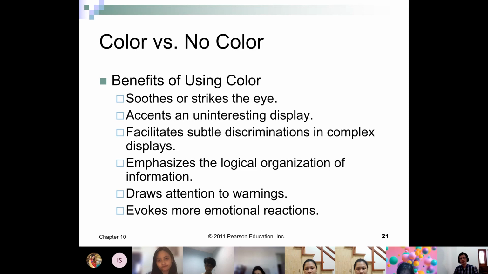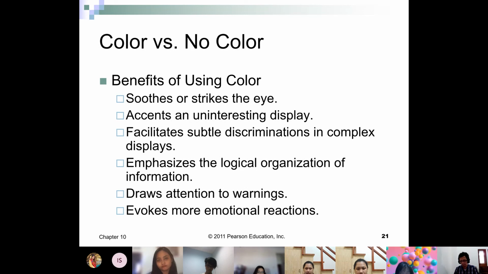So this is where design science people, graphic designers, will understand. They can match different colors to create a color scheme that could be helpful for people with colorblind disabilities.